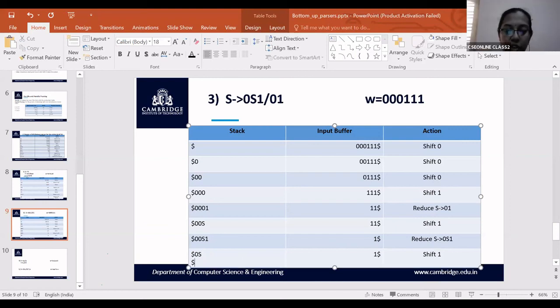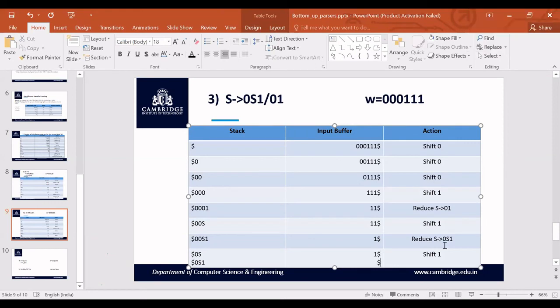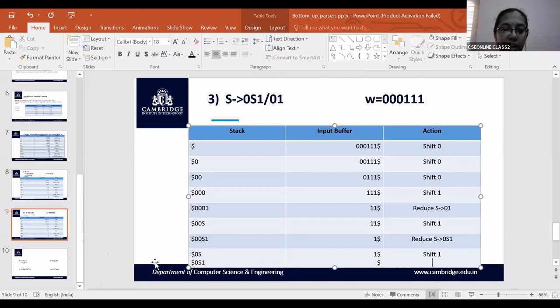So if you shift, the string that is present is 0, S and 1. Now your input buffer is empty. Now check, can you reduce this 0, S, 1 to any other symbol? Yes, ma'am, you can reduce.